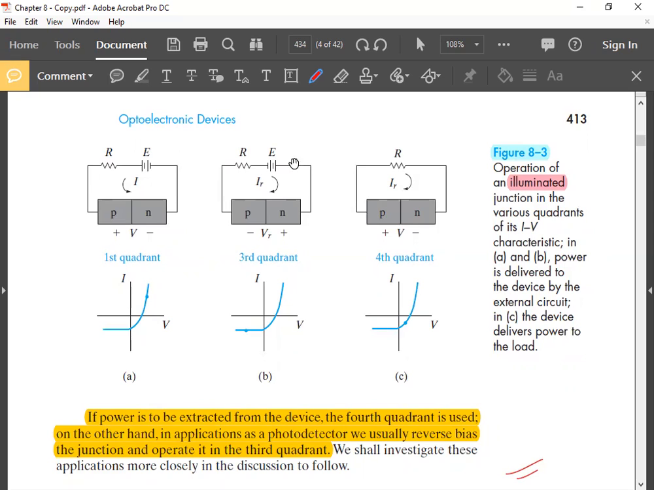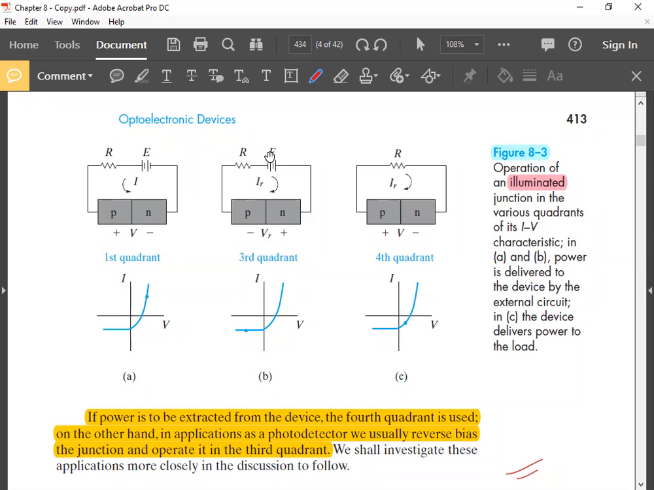But in this case also, current is entering the positive terminal and leaving the negative terminal. So this element is acting as a passive element. So here also the device is absorbing power from the source, from the external circuit. So in both first quadrant and second quadrant operation, the device is acting as a passive element absorbing